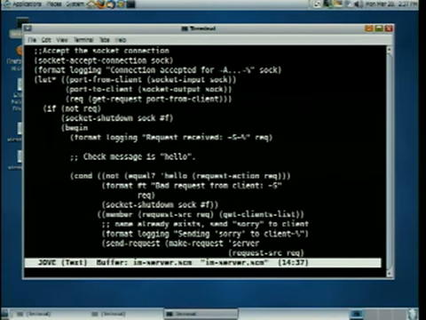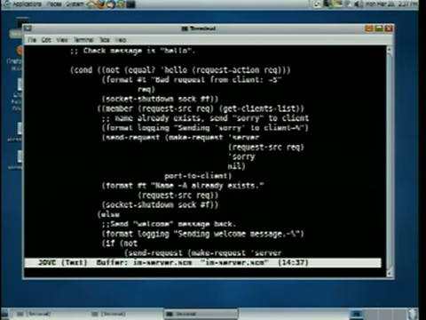If that works, then we look at the source of the request. Who is making this request? CS61A-XY. And we look to see if that person is already included as one of our clients. If so, then we send a request saying sorry and shut down the connection. Because you can't have the same name as a client twice on two different computers, two different clients. So let's say we get past that test. So it's a hello message from someone we haven't seen before.